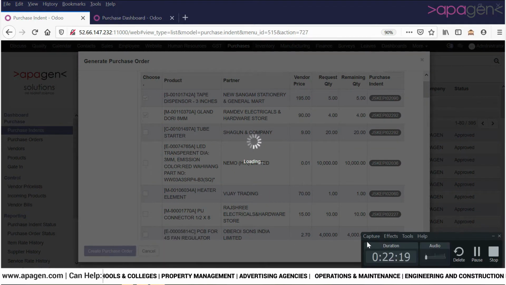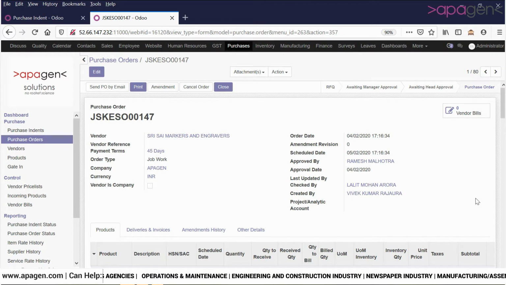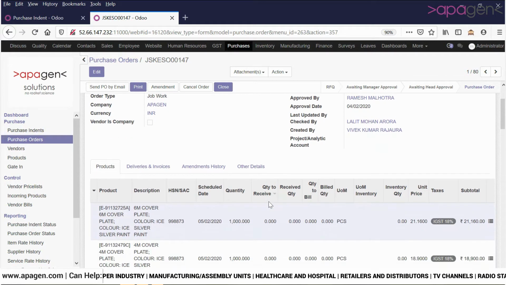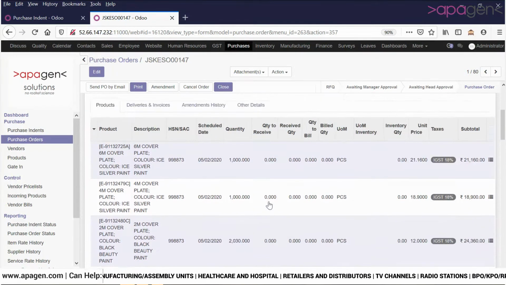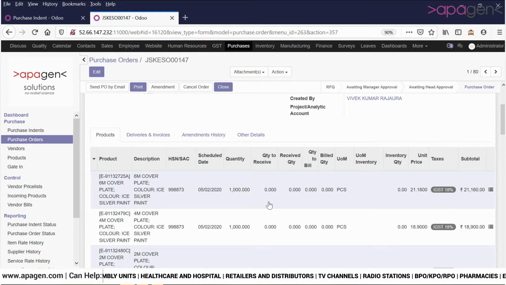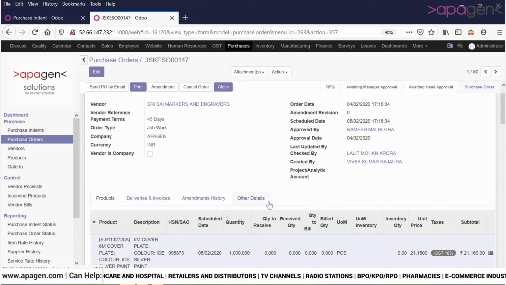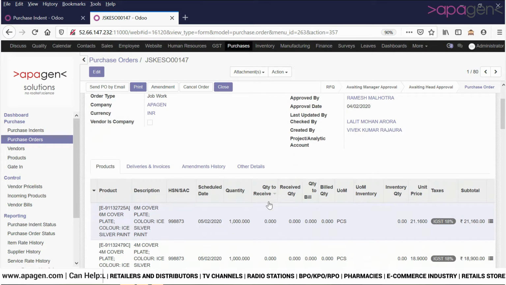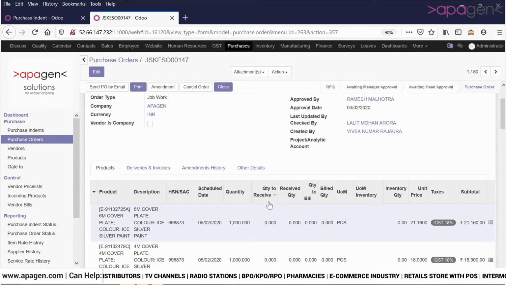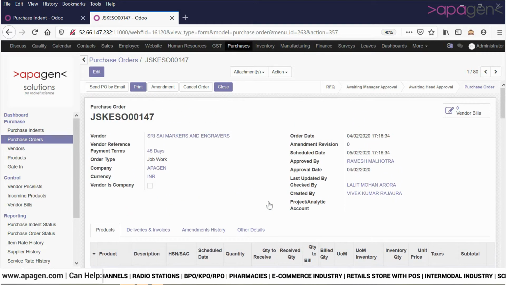Let's have a look at the purchase order. An example of purchase order can be seen here, which again goes through two levels of approval, quite similar to what is available in the standard purchase order system, right from managing the products to the quantity to be received. Please note in this scenario also we are not modifying the price at all. The quantity is managed by the original indent, which we are not allowed to modify.